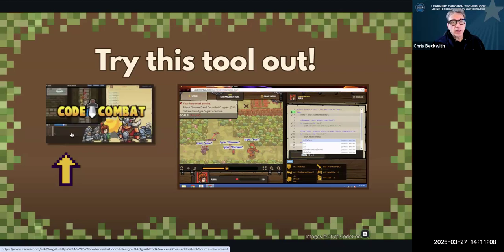Kids love it, the way that it's game-based learning, it gamifies learning coding, and most importantly for me, it's a transitional piece that weans them off of block-based coding and introduces them to text-based coding where they actually are typing in the lines of code, just like programmers do in the real world.